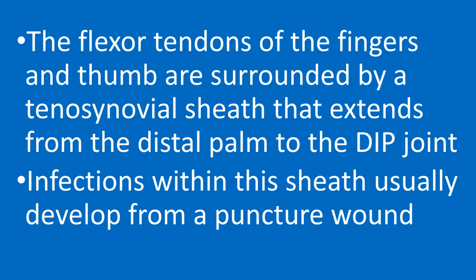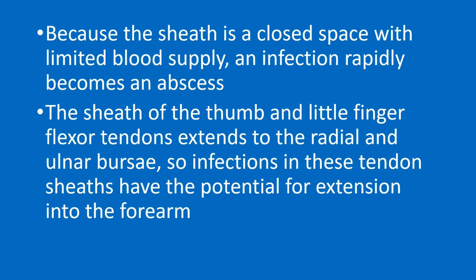If you look at the hand, at the tip of the small finger and the thumb, you see that there is a sheath. These unite around the wrist, and this is called a horseshoe abscess when it occurs. Because the sheath is a closed space with limited blood supply, an infection rapidly becomes an abscess. The sheath of the thumb and little finger flexor tendons extends to the radial and ulnar bursae. So infection in these tendon sheaths has the potential